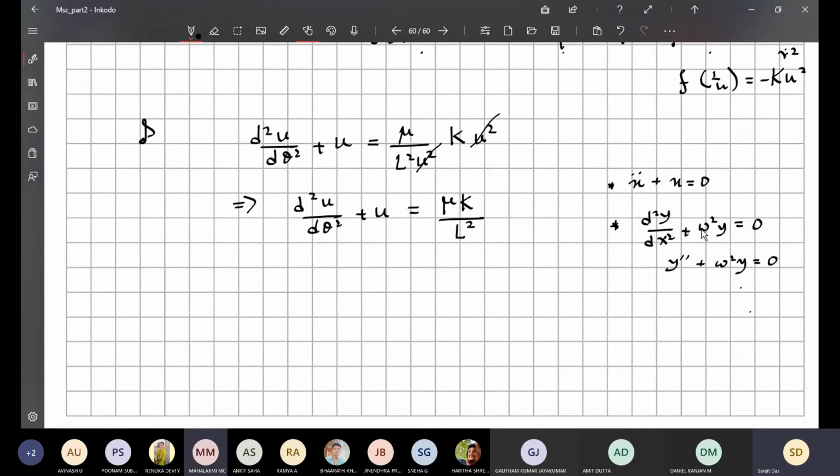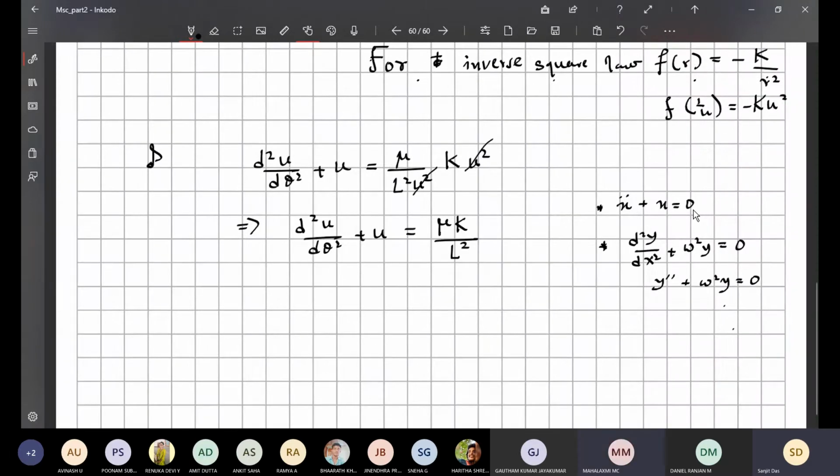Such simple harmony. Yeah, simple harmony. So now, if you see, I have almost something like this. If I don't have this term on the right hand side, you can say it in this format. So what you can do, I replace this thing, u minus mu capital K, by L square. Anyway, the right hand side is a constant only, nothing else.